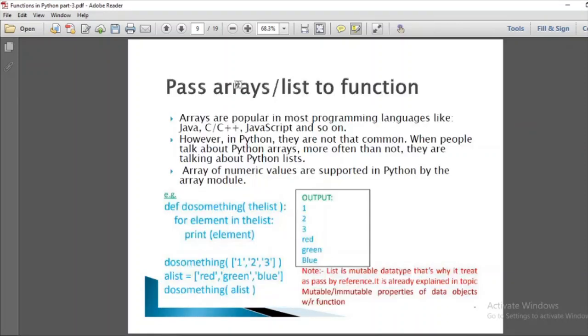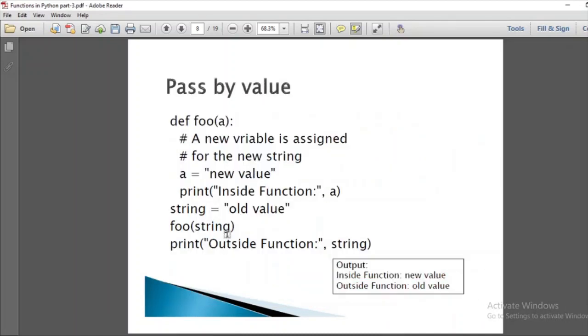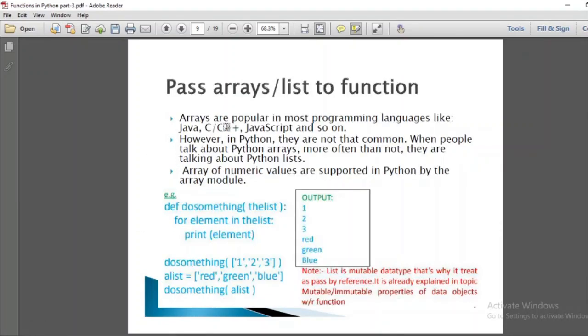Next is passing an array or list to the function. We have seen here that we are passing a string to the function. String here is an argument and we are passing this argument to the function. Similarly, you can also pass an array or list to the function. Here is an example.